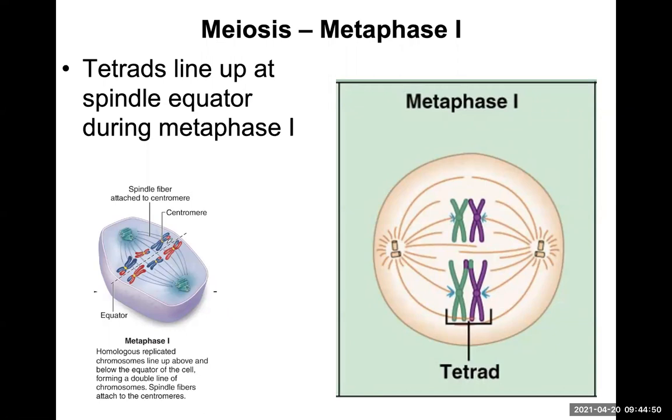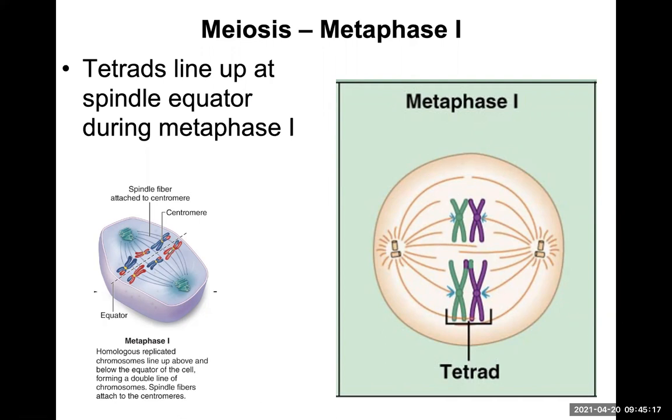This was original dad, this was original mom, and they line up on the metaphase plate, this equatorial plate, side by side, right? And that's another important distinguishing characteristic to keep in mind when you're drawing out your own phases of meiosis. They line up side by side, and the way that they line up side by side is